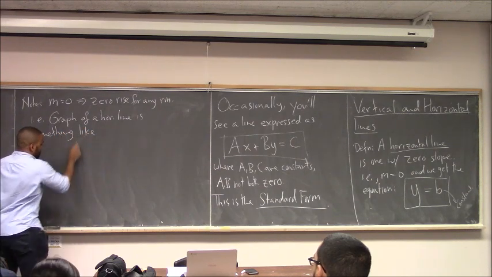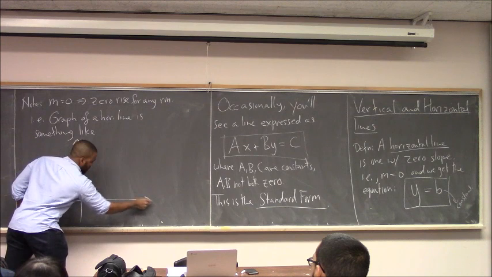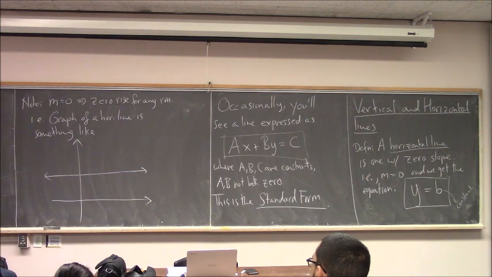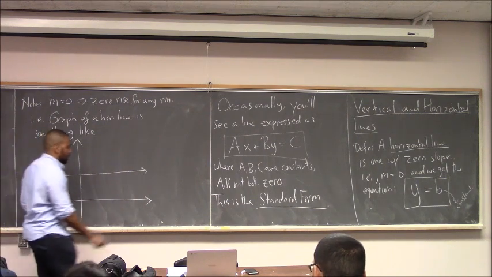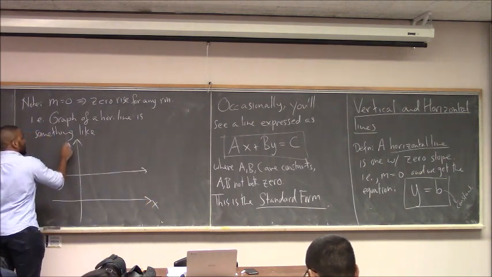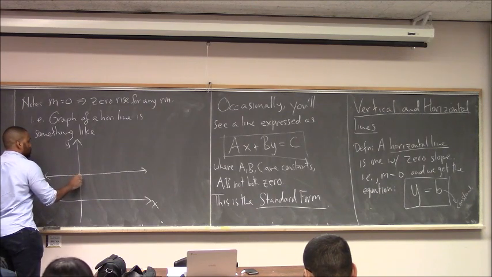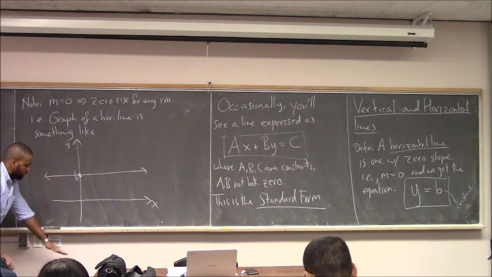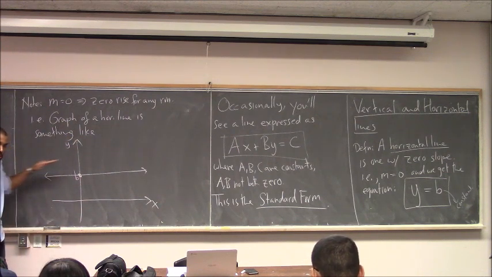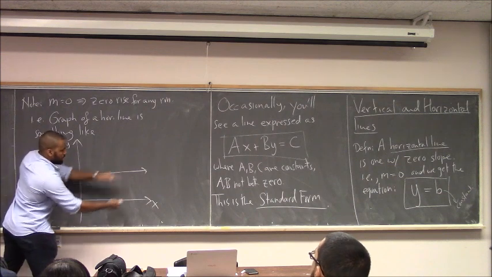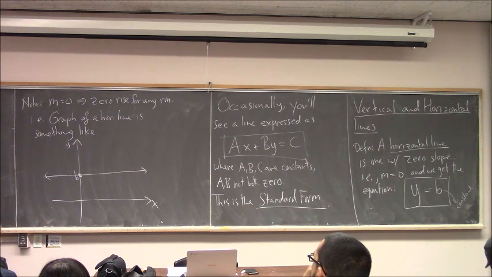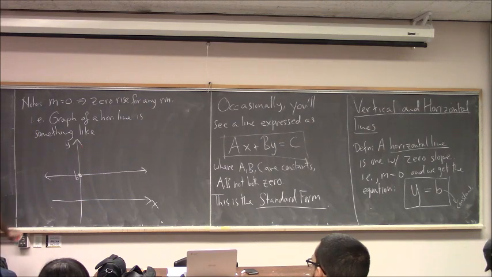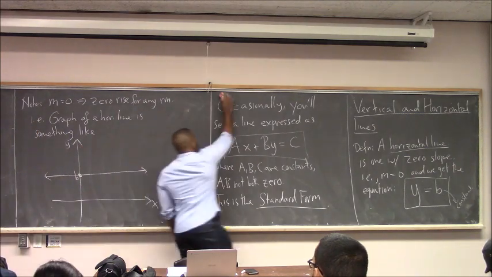I'm going to give you an illustration. It's going to be something like this. It's just going to be a line with 0 steepness. It will be parallel. I didn't describe what parallel means yet. It will be parallel to the x-axis, and it will pass through the point here, B. And your B can be anything. It can be below the x-axis or above, but it will always maintain the same distance from the x-axis. And so no matter how much you run, there's no rise. You're just running with no rise. A vertical line